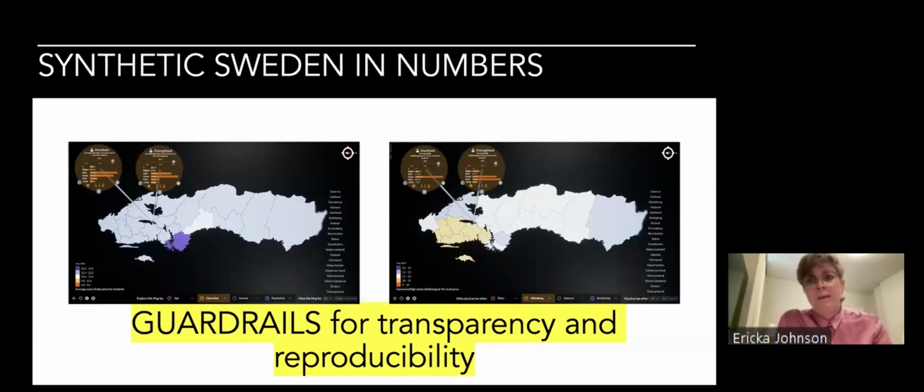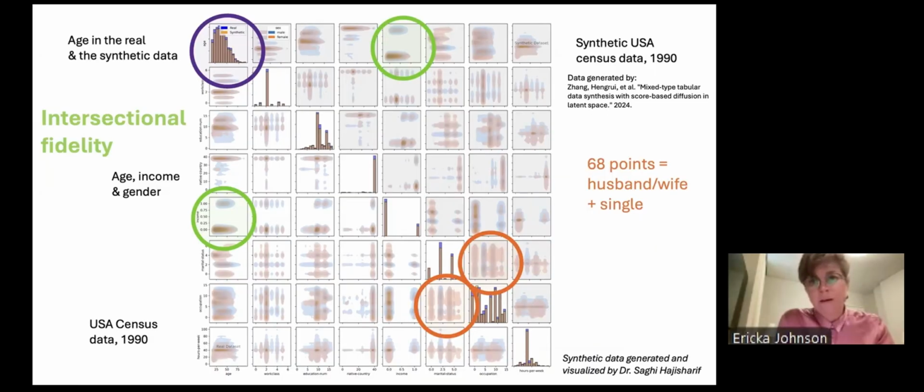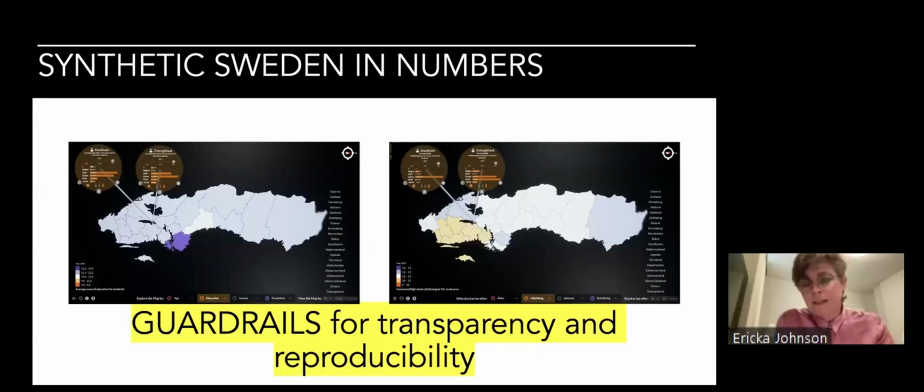So I just want to show this slide too, because we've been trying to think, how can we make these things clearer so that we can talk about the importance of them without having to scare a whole presentation with this SPLOM. So we used some visualization resources and did a similar exercise with the Swedish population data, and were able to ask this data, the real on the left and the synthetic on the right, different intersectional questions.